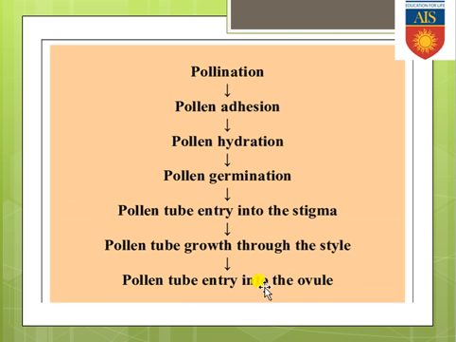Whether that ovule is orthotropous or anatropous, the pollen tube always enters the ovule through the micropylar aperture. If it is an orthotropous ovule, we all know the micropylar aperture faces upward, so the pollen tube enters the ovule directly. But if the ovule is anatropous, the pollen tube rotates or bends through the lateral side, and then from the lower portion it enters the ovule through the micropyle. So this is, in short, the pollen pistil interaction, but in the next slide we will show this mechanism in an elaborate manner.